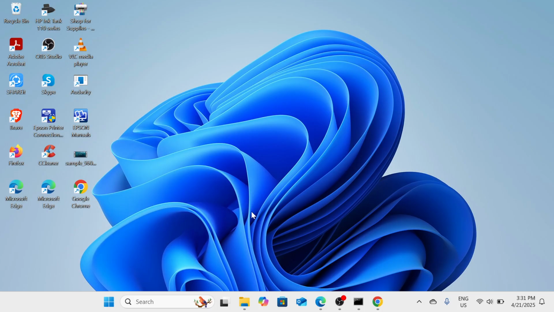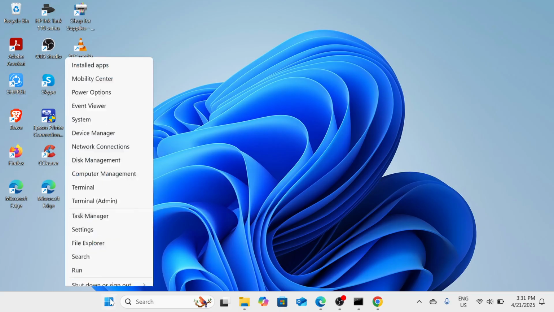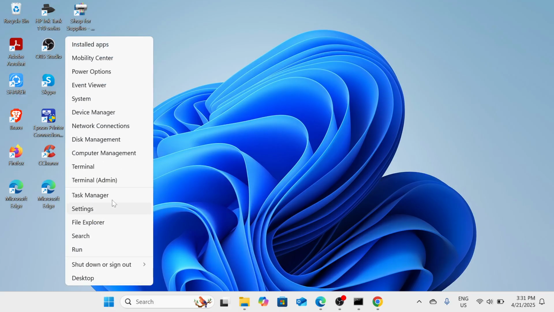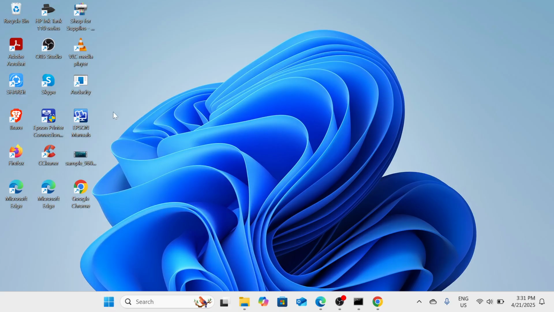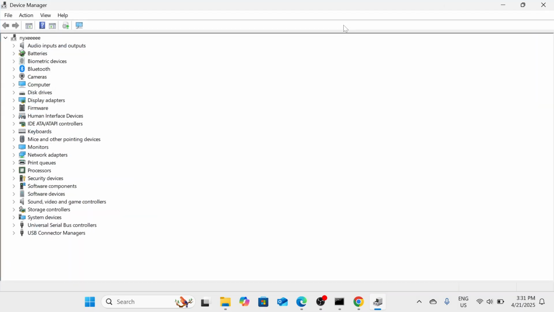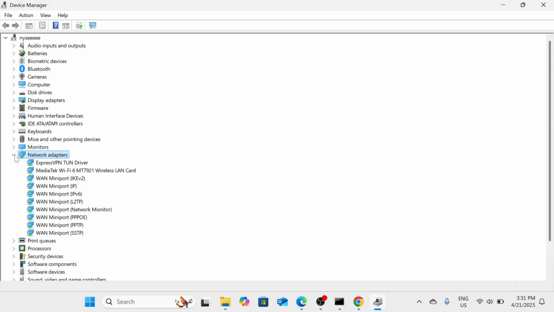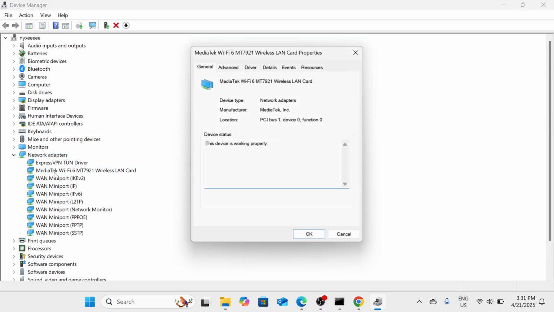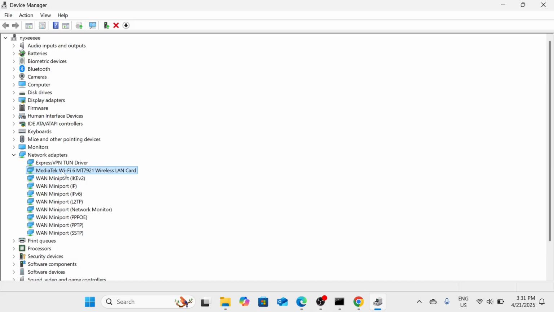And if it's still not fixed, then we will be proceeding with the next process, which is to go to the device manager. So here in the Windows icon, please make a right click again and then go to device manager options here and just expand this window. So all we need to do is just to go to the network adapter. So we have the network adapters option. So just please click the arrow before it and then look for the option that says wireless, any option that says wireless. And then all you need to do is just to make a right click on that and then